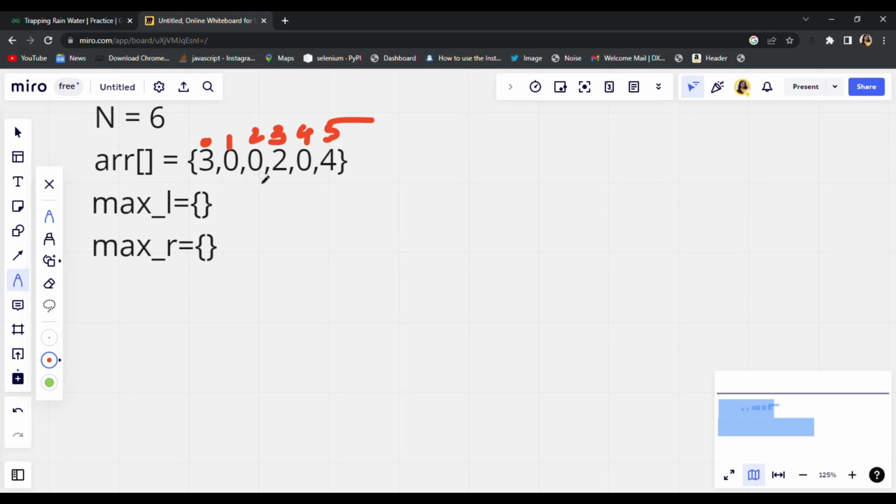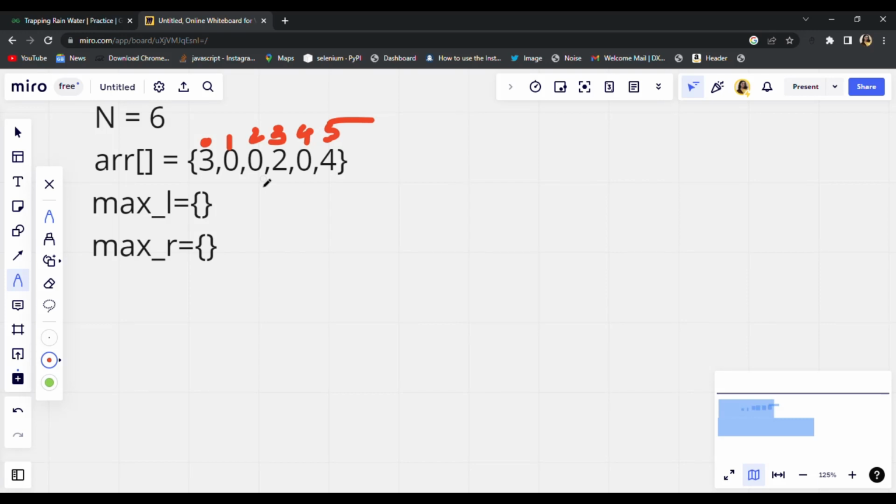Okay. So over here, what do we need to find? We need to find the maximum height for each block on the left side and on the right side. Right? So how can we do that? We can do that by running a loop for each block. For each block, we can run one loop for finding the maximum height on the left side and another loop for finding the maximum height on the right side. Right? So if we do that for each block, it will lead to a time complexity of n square, which